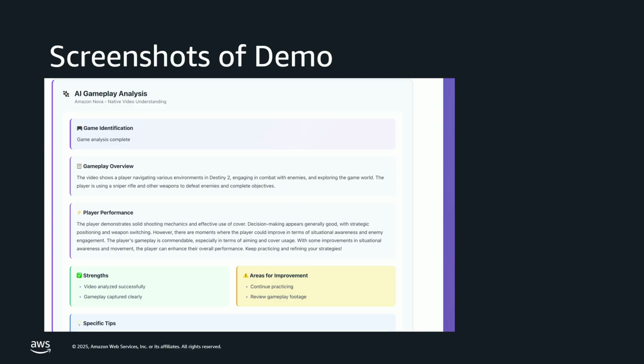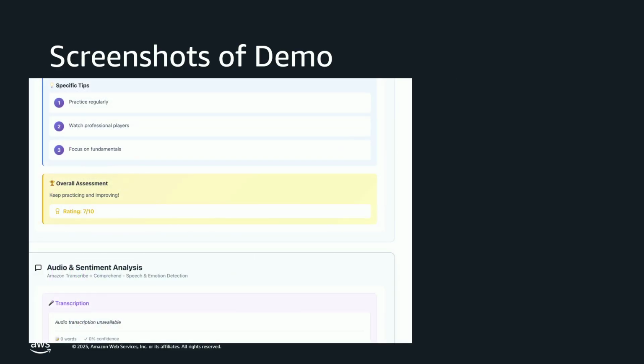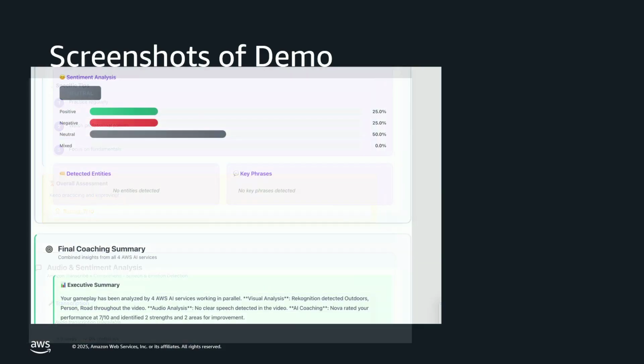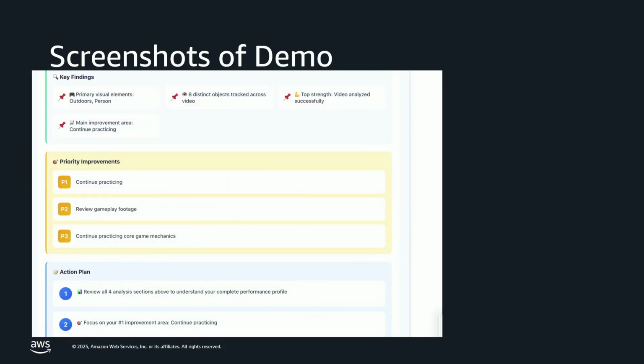And then if you see player performance, that's where it tells there are moments where the player could improve in terms of situational awareness and enemy engagement. But at the same time, if you see the tone, it's very friendly and it's very motivating. The player's gameplay is commendable, especially in terms of aiming and cover usage. So this is a high-level AI analysis, and then there is overall assessment, there is sentiment analysis, and